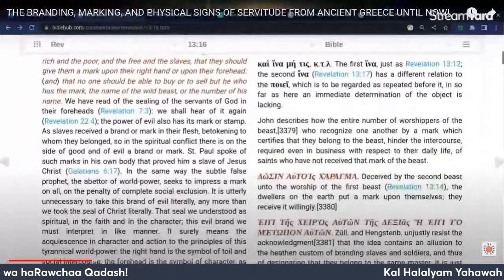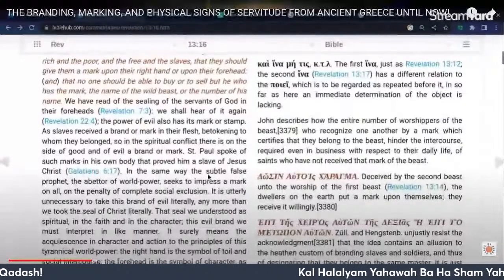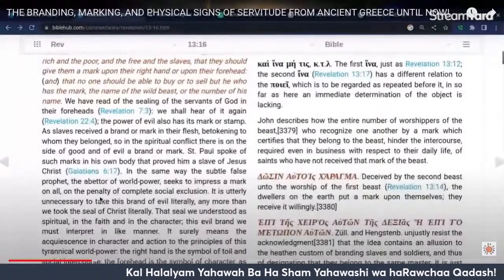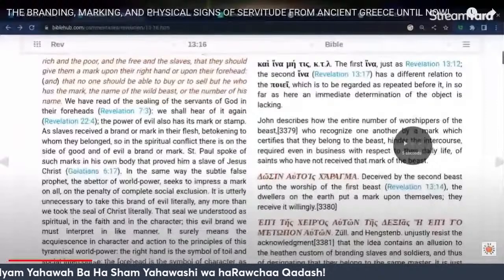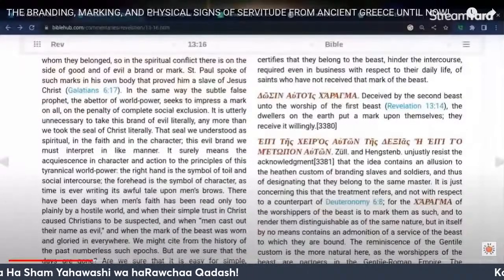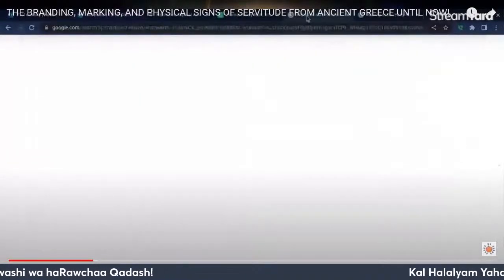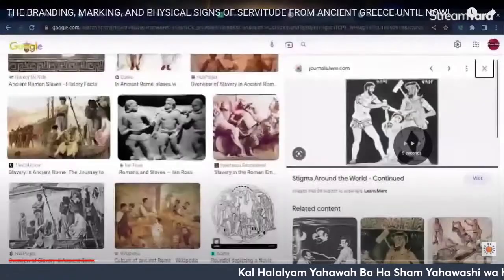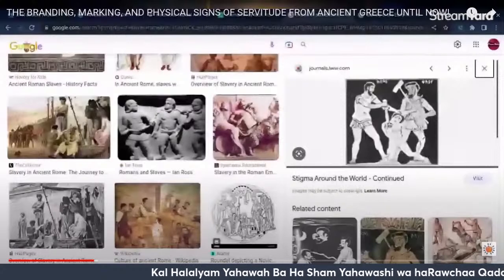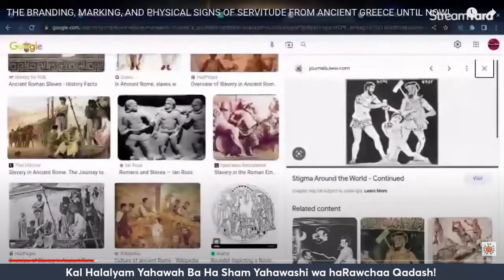Right. It says, in the same way, the subtle false prophet, the arbiter of the world power, seeks to impress a mark on all, on the penalty of complete social exclusion. And I'm glad that they put that there, because a lot of times we go into what the mark is, but we don't always go into what it means for you. For those that don't take it, it means complete social exclusion, which you should already be feeling a variance of